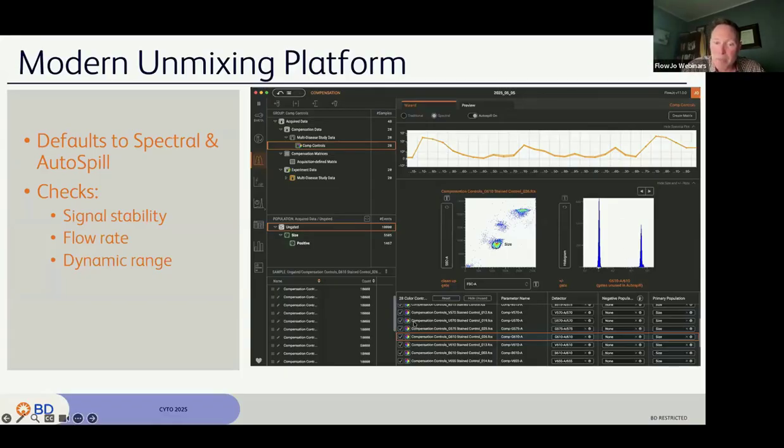The ability to rename a parameter. You've got controls over here where you've got a colored circle and a checkbox. Unchecking the checkbox means we won't build a parameter from that particular control. Unchecking the colored circle makes it a grayed out one that tells you this could be used as a universal negative. So you can select as many different samples to fall into the universal negative category as you want, which